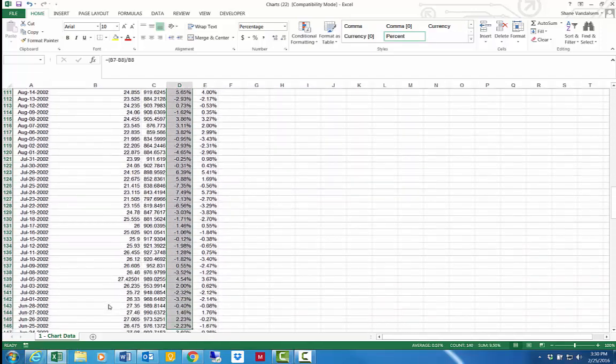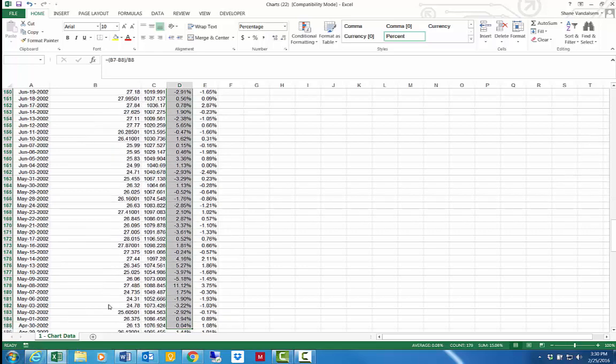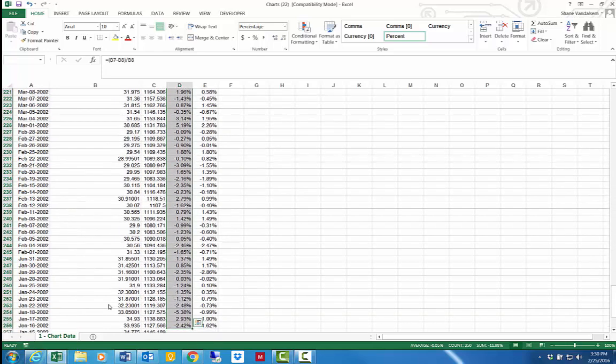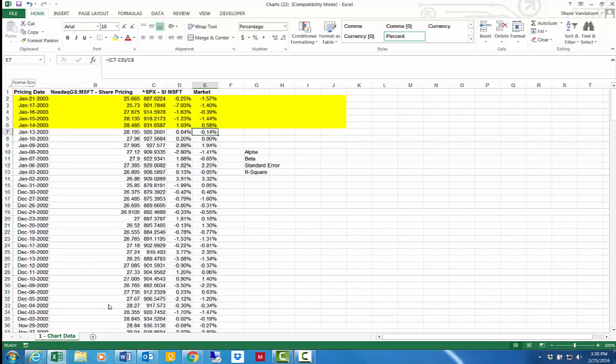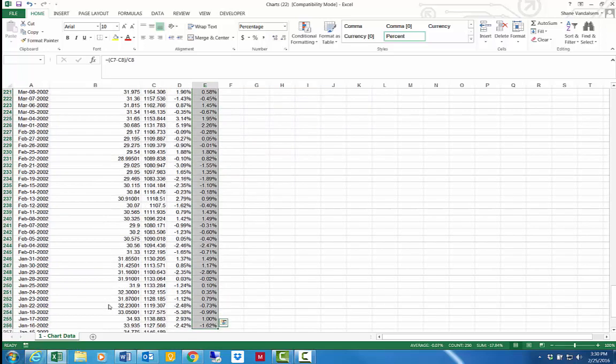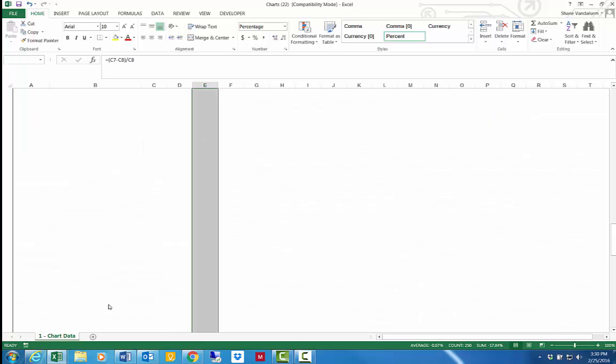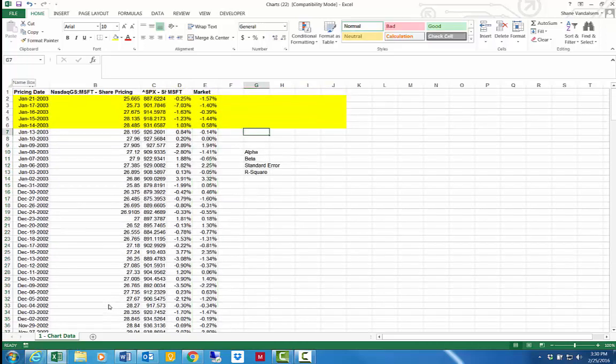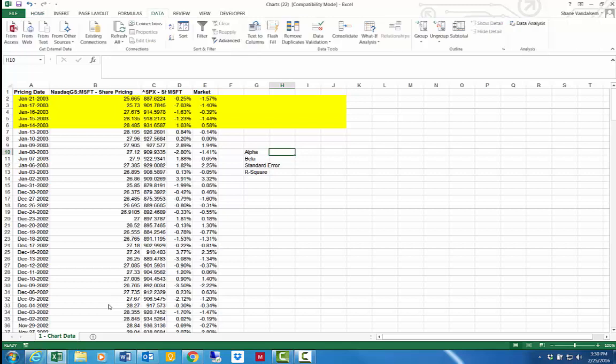I'm going to name this column MSFT. You can name it whatever you want. Again, I'm going to do the same thing here. I'm going to highlight that and call that the market. So you can run the regression using the data analysis, but it's actually a little more helpful to put it